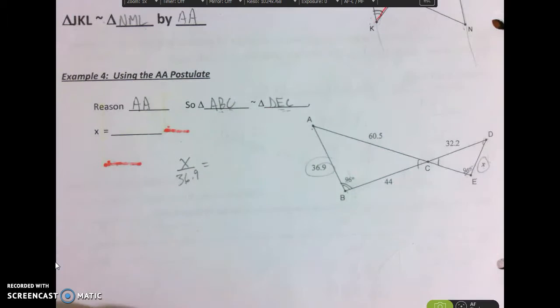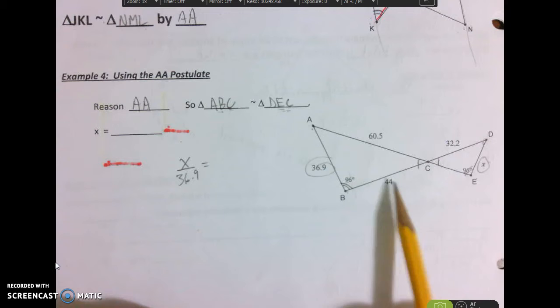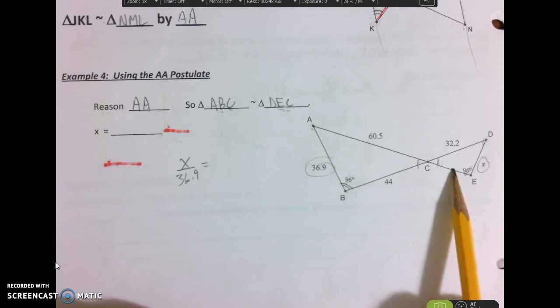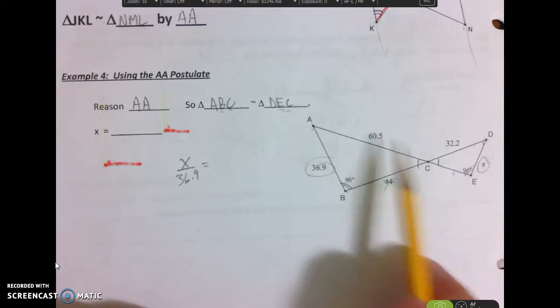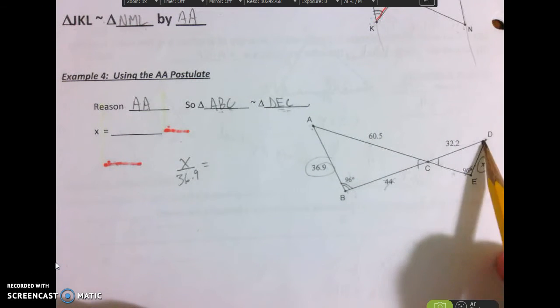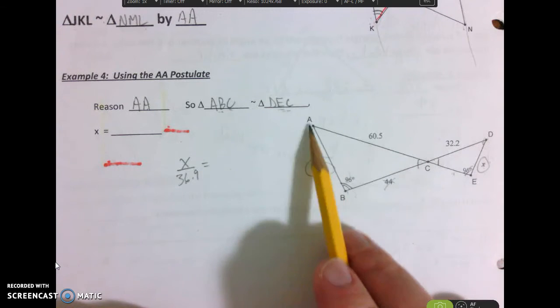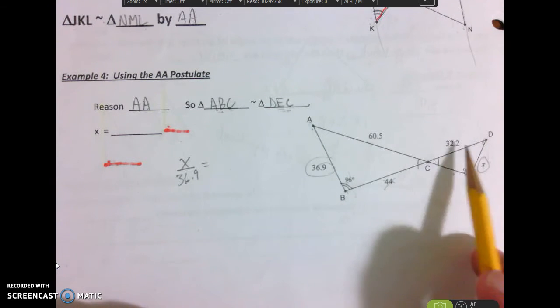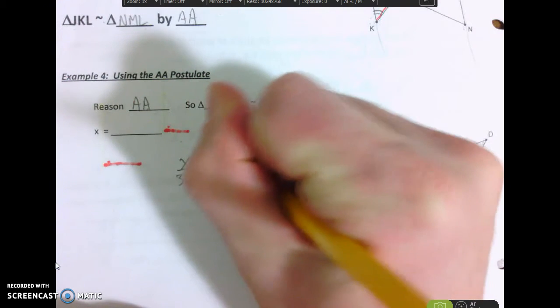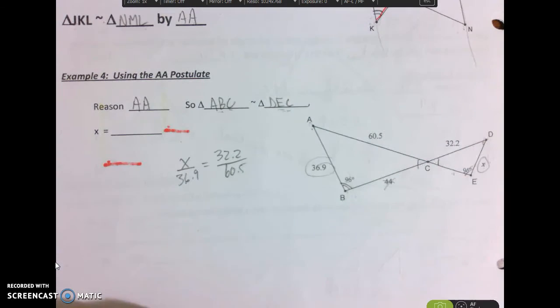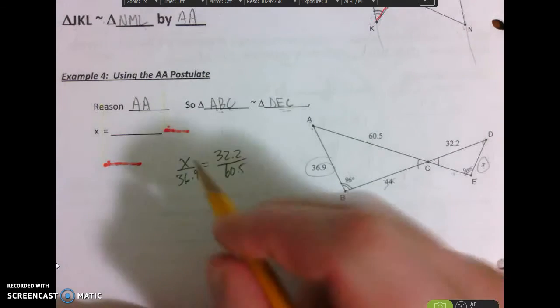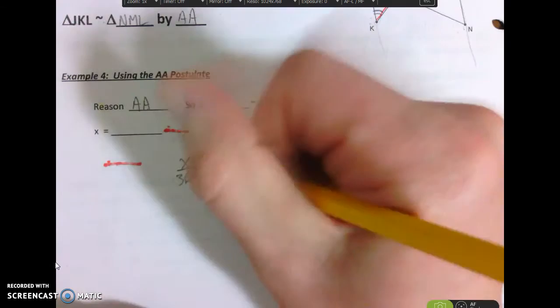x over 36.9 is equal to, now these two are corresponding here, but there's not a number here, so I'm not going to do the 44. I'm going to use these two. There's no mark on D to the single mark, no mark on A to the single mark, so 32.2 on top over 60.5 on bottom. And again, to solve this, we cross multiply and we get